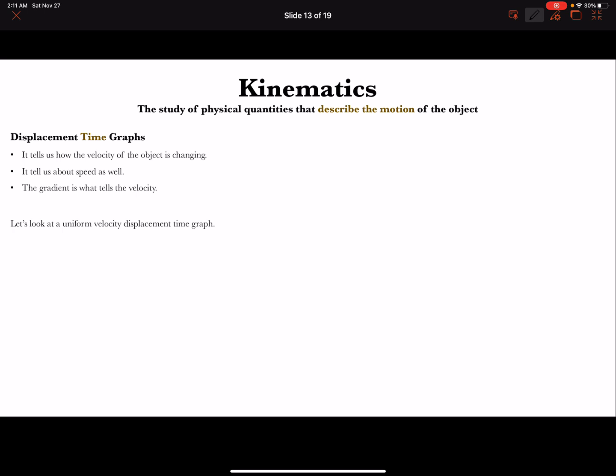Now let's look at the uniform velocity displacement time graph. So let me draw the same graph that I drew previously. T0, T1, T2, and T3. Well, the same thing, like I'm going up, and I'm going to stay there, come down, right? And then I'm at this point. Well, when we were talking about what happened between T0 to T1 and so on and so forth,